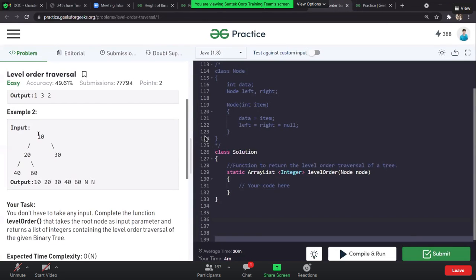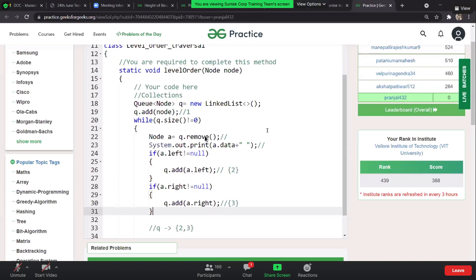No, guys, the 20 will be printed only once. The output, no, the 20 will be printed only once, because at this position we are going to add, so here it will be added. Now the queue contains 20 only once. Each and every time, whatever node we remove, we print the same. So we are not going to append it twice. It's going to be only once inside the queue, and if a number goes inside the queue only once, that means it is going to be printed only once.